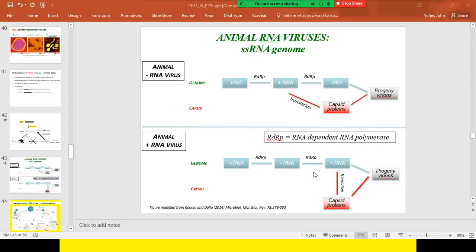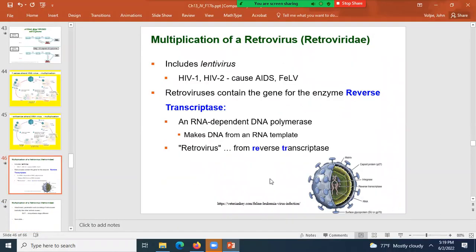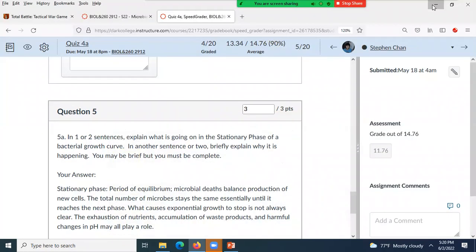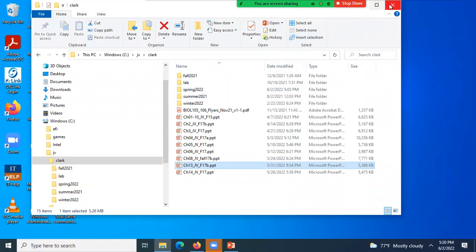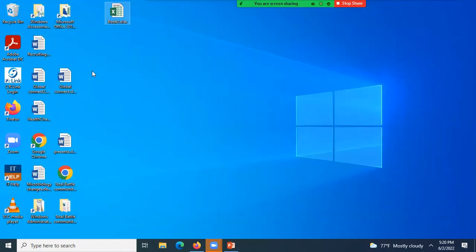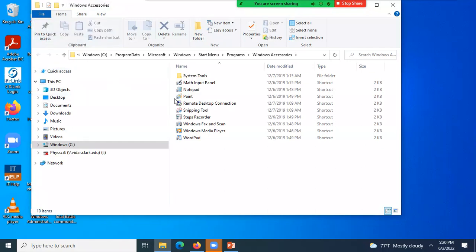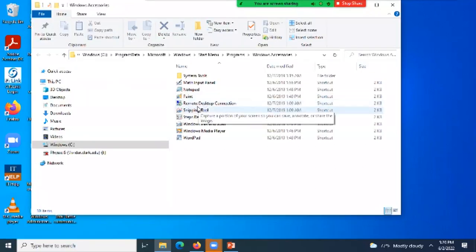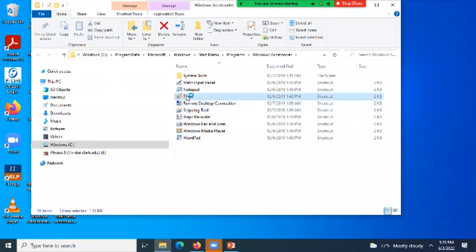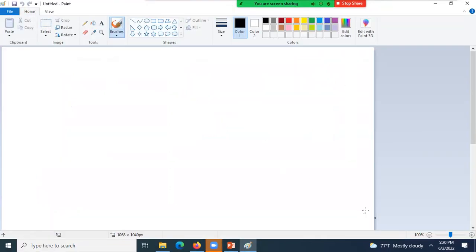All right, let's move on. So let's talk a little bit about retroviruses. The family Retroviridae, discussed as retroviruses, includes the lentiviruses, which are viruses that AIDS is a family member to, as well as feline leukemia virus, which causes leukemia in cats, which causes symptoms similar to AIDS in cats,